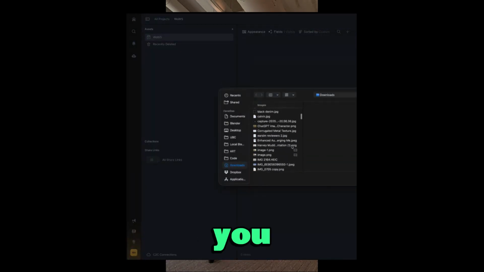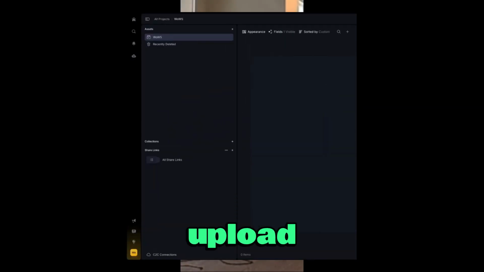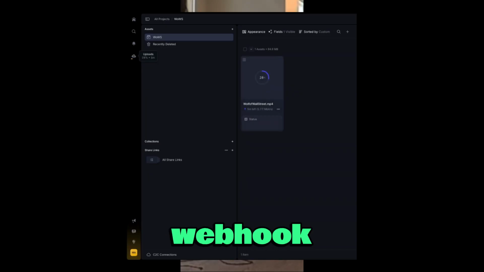So now I'll show you what this product actually looks like. Here is our main page. You can upload your videos here or to Frame directly. When you upload a video to Frame, it calls a webhook that passes it through the same 12 models. We can review the audits.